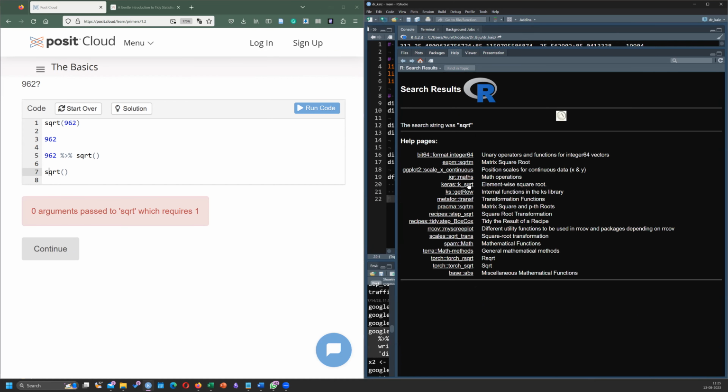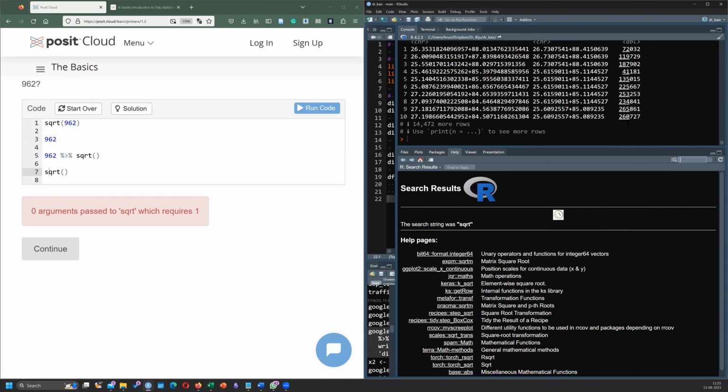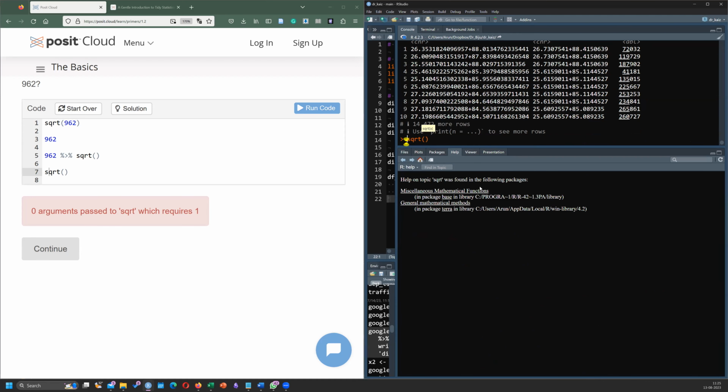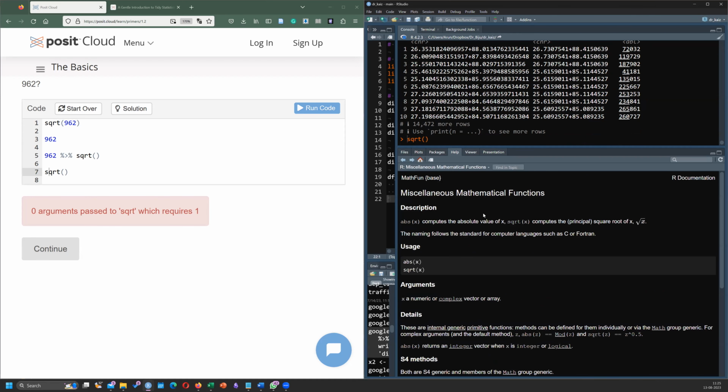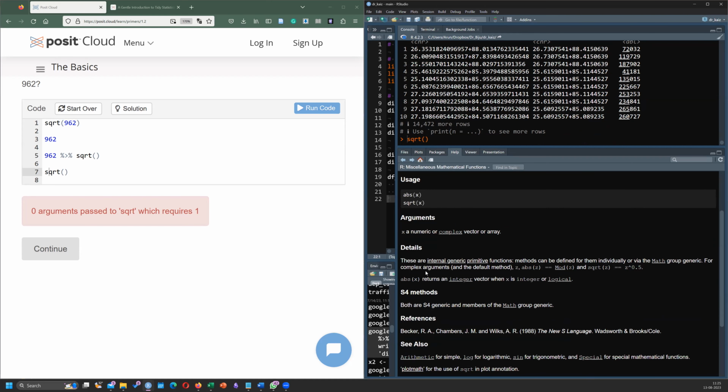The base package has a square root function. Square root is taking one argument x, which is a numeric or a complex vector or an array.